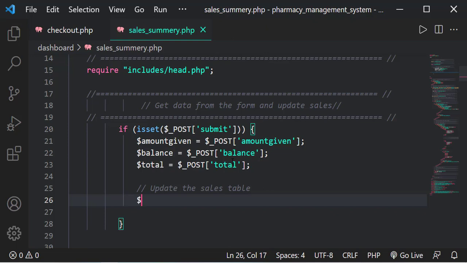To do that, we're going to create a variable called SQL, and this will be set equal to, in double quotes, UPDATE. It's good practice to have UPDATE in capital letters, and we are updating the table called sales. This again can be in small letters, otherwise it will give you problems. It should be how you have it in your database. Update sales, and